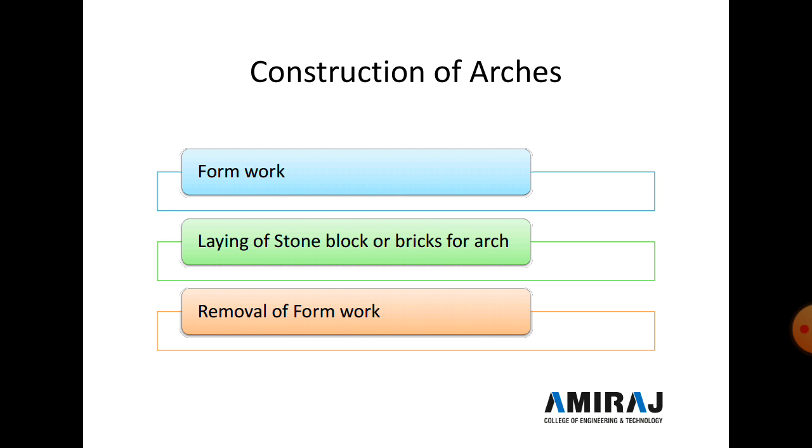After the arch gets the required and sufficient strength, the next process is the removal of the centering or formwork. It is very risky to remove it abruptly, hence the removal of the centering is carried out very carefully. The removal of the centering is carried out by loosening the wedges for a short span. For a span of more than 7 meters, removal of the centering is done by the sandbox method, so that shocks can be prevented.